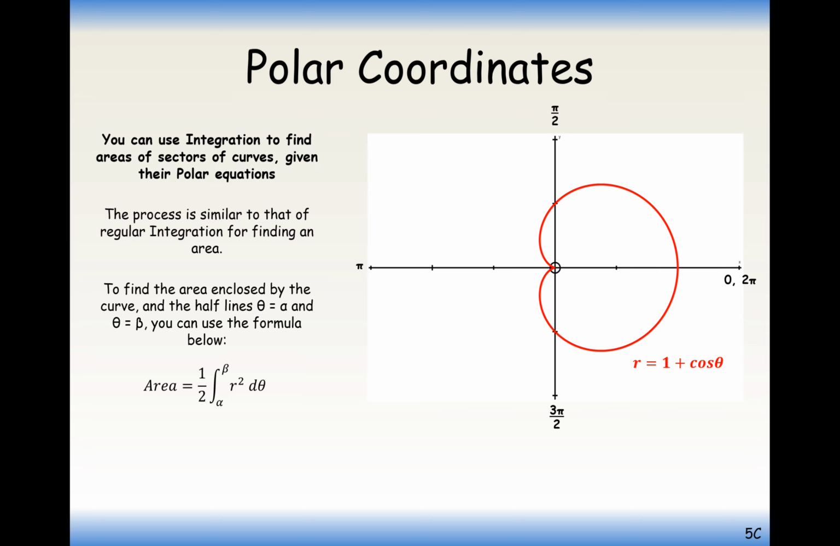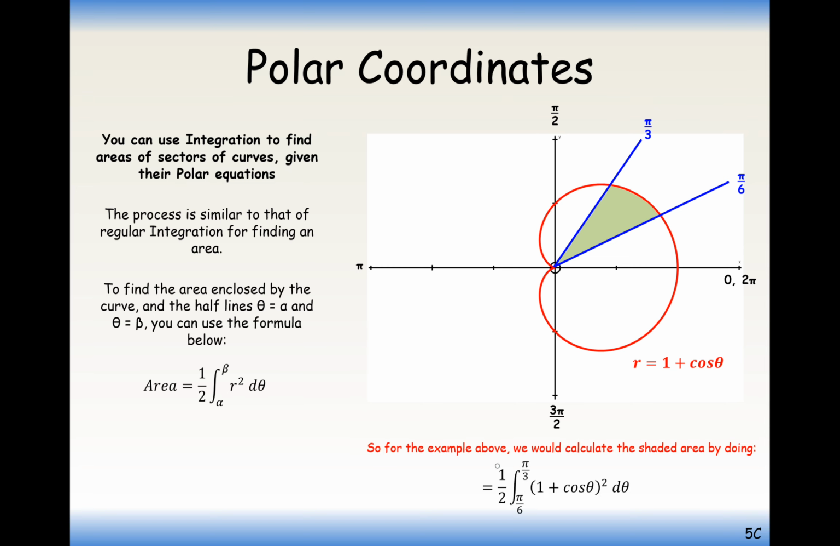If you've got, for example, the curve 1 plus cos theta, and you want to find the area enclosed by the angles pi by 6 and pi by 3, this area here, then the calculation you'll have to do is the integral of 1/2, it's always a half at the front. Then you've got to put your boundaries in, so your lower boundary will be pi by 6,